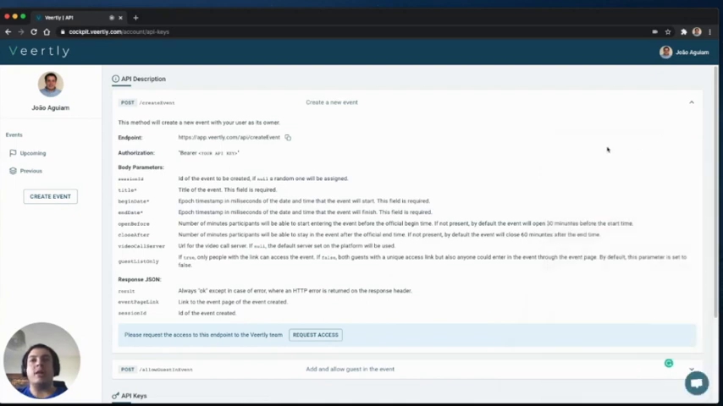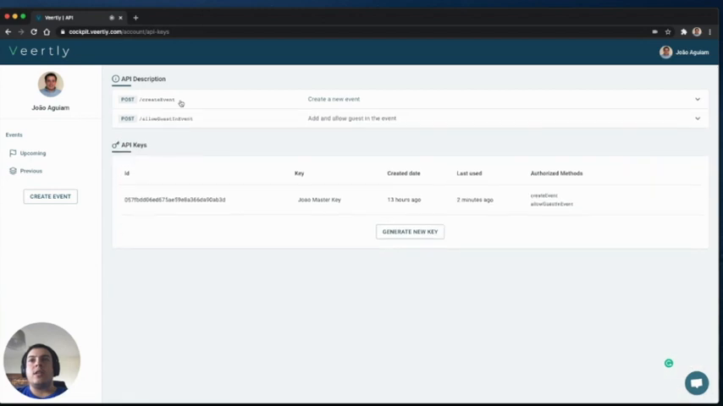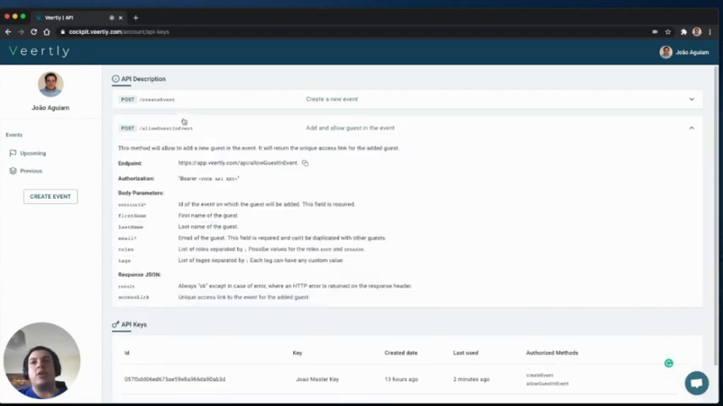Just click there and start chatting with me and Alex, and we will give you access in a minute to your own API key. The second endpoint that we have is, once you have an event that is created, how to automate the submission of new guests. For example, imagine that you have Eventbrite to manage all your events, so you could make an automation from Eventbrite